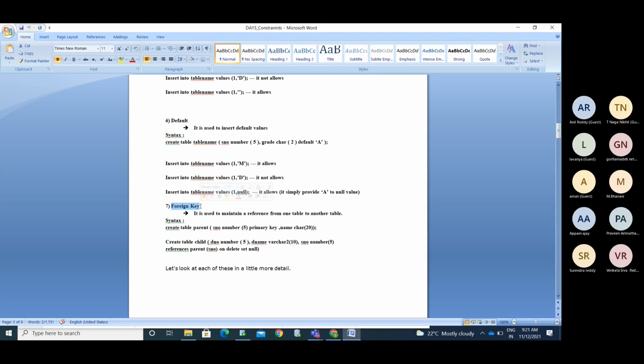If there is a relation between parent and child, I can get the details. To provide that relation, you will use the foreign key constraint. A foreign key always takes the reference of the parent table. Reference constraint and foreign key constraint are both the same.